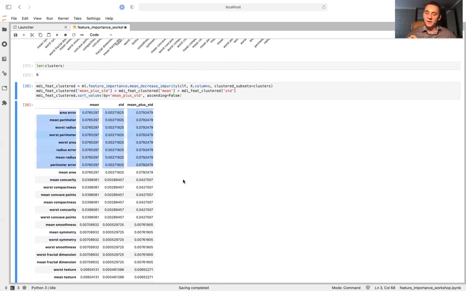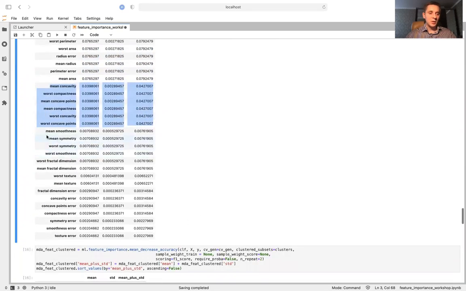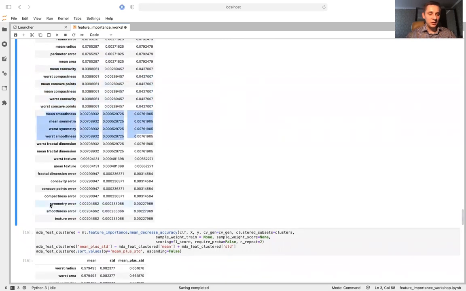because this technique is cluster based rather than individual feature based. So all these features, because they are in the same cluster, have the same feature importance value. After that, we have the concavity related features. After that, we have smoothness related features. At the end, we can see that the features which are related to symmetry, smoothness, and texture error are not